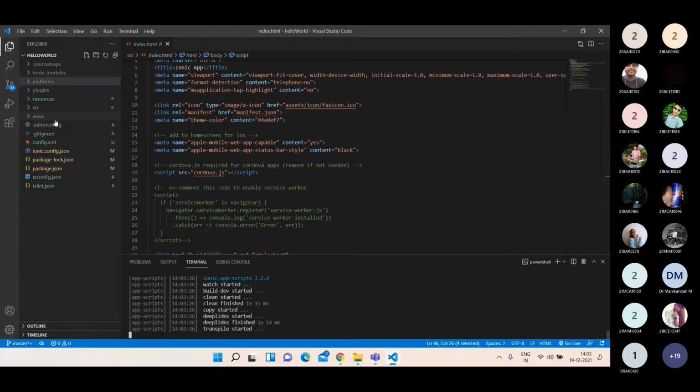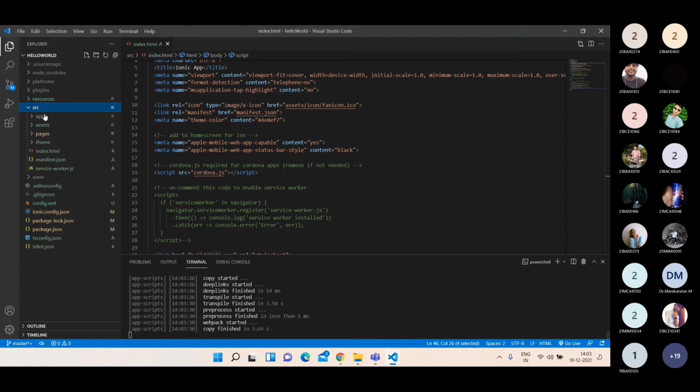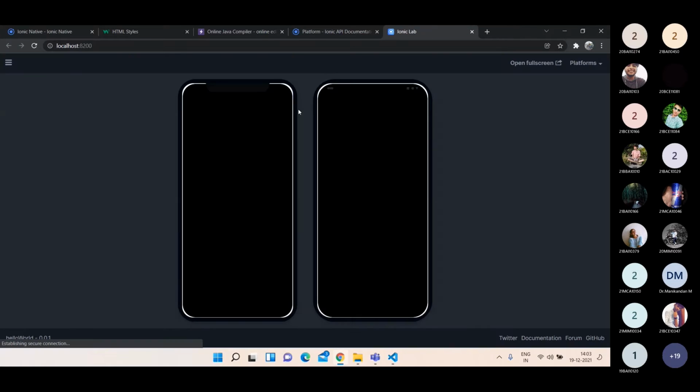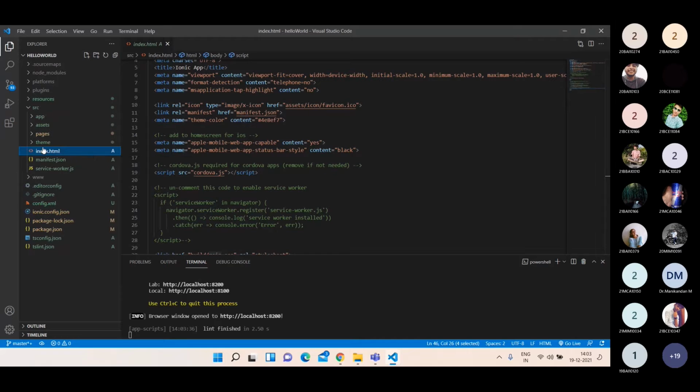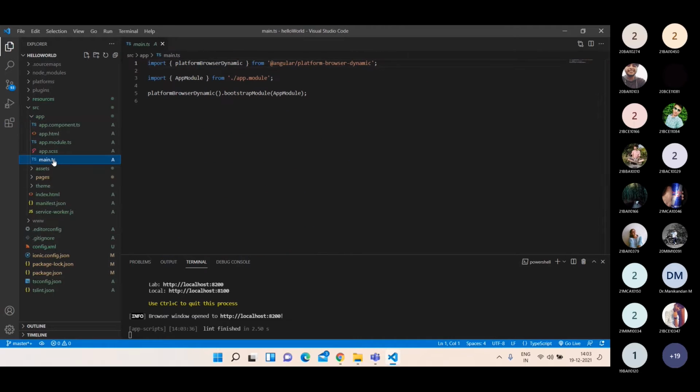In index.html only, you will be having all the imports, all the HTML, all the CSS, all the JS file imports, everything will be there in your index.html. From index.html, your code will go to the app folder. In your app folder, you will be having a lot of files. The first file would be the main.ts. Again, you are not going to code anything in your main.ts also, but for your knowledge, you should understand. Here there is something called platform browser dynamic.